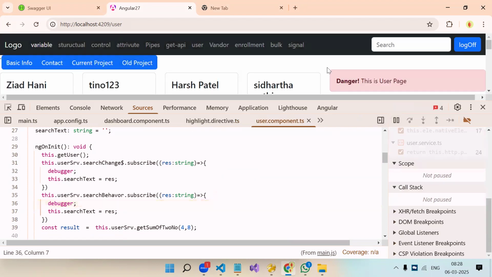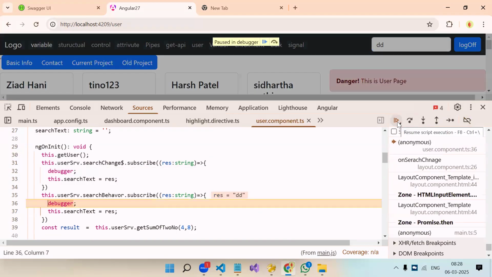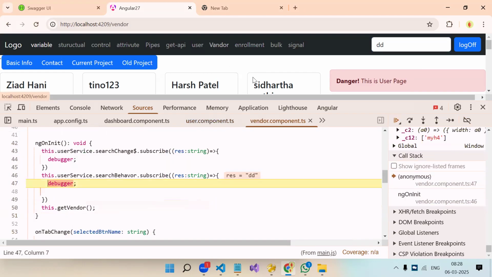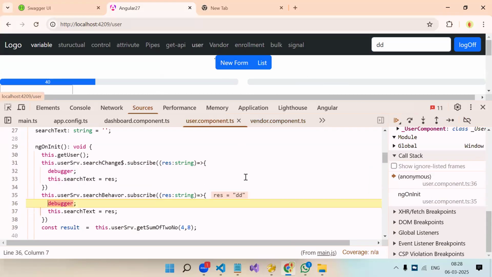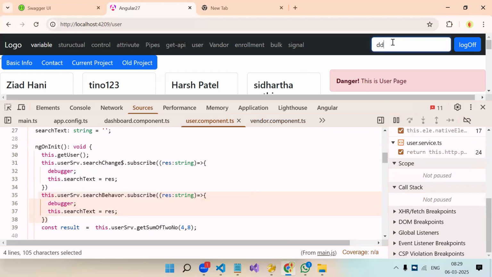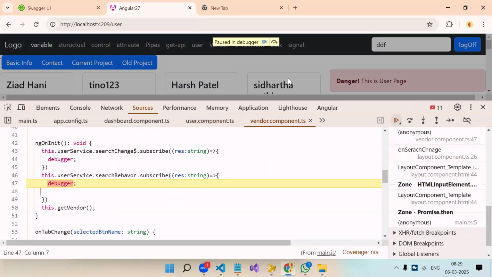Okay, I'm in user component. From user component, I am emitting some value. Okay, my subject also got executed and my behavior subject also got executed. Now I'm navigating to vendor page. So in vendor page, what is executing? Behavior subject. See, we got the value. Okay. If I again go to the user page, see, behavior subject is getting executed. If I'm changing some value, okay. If I navigate,